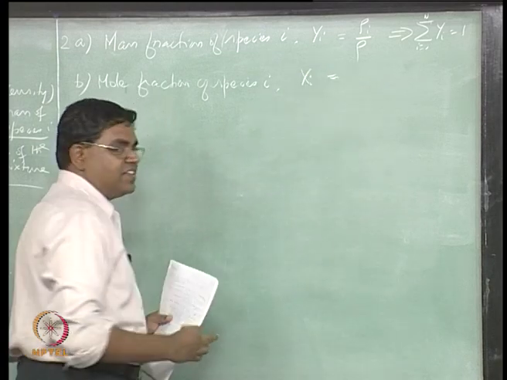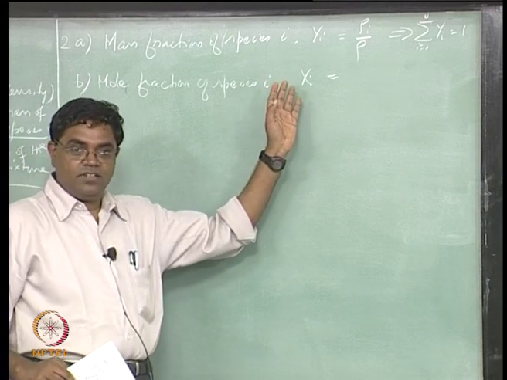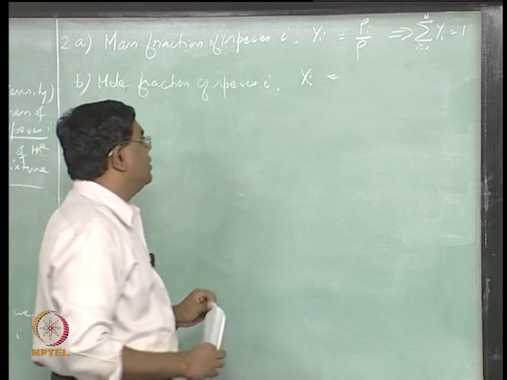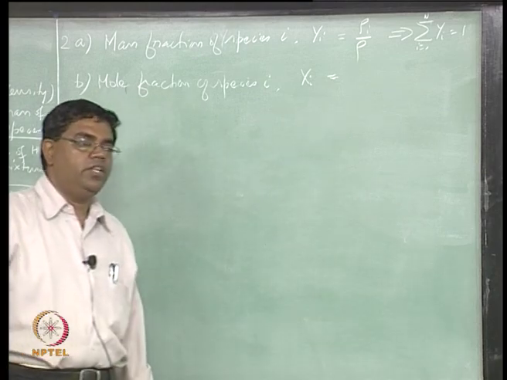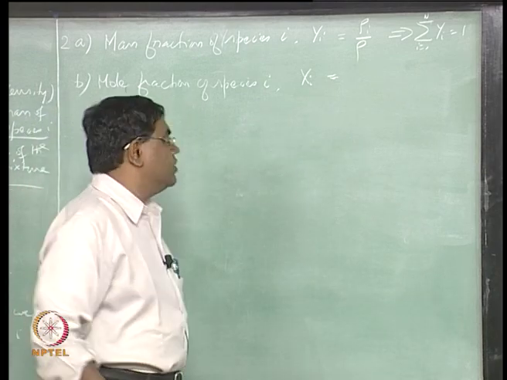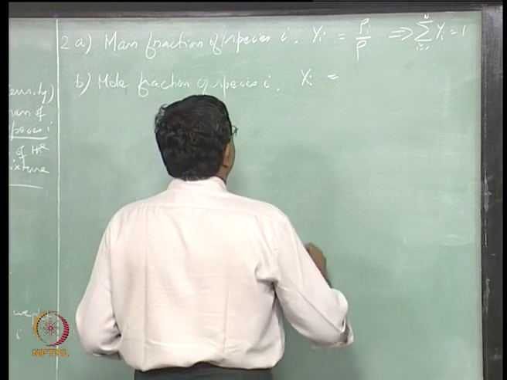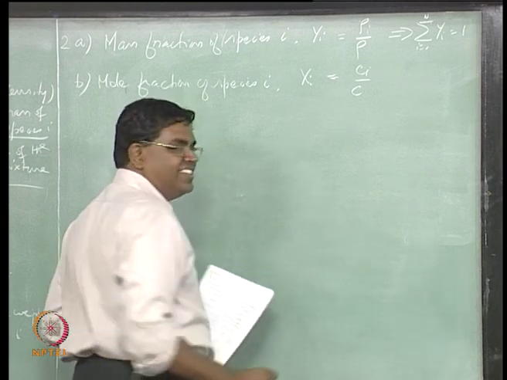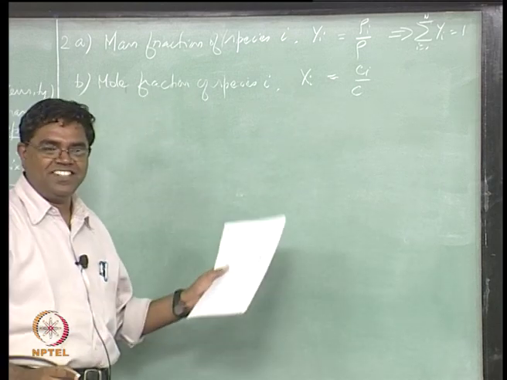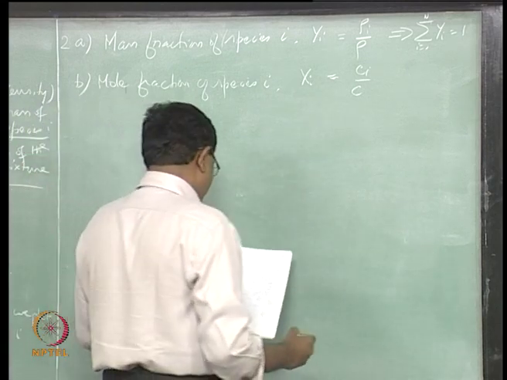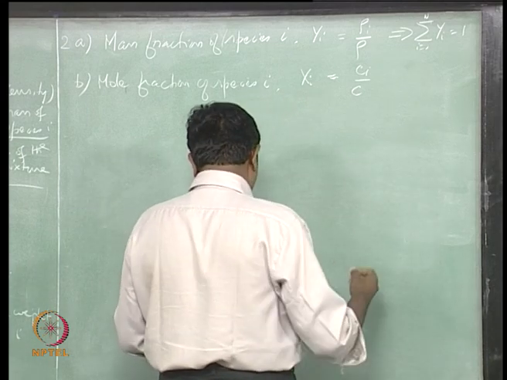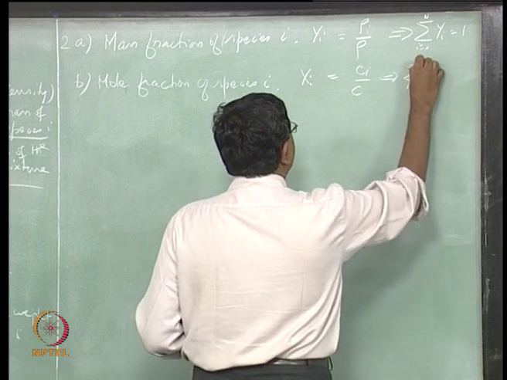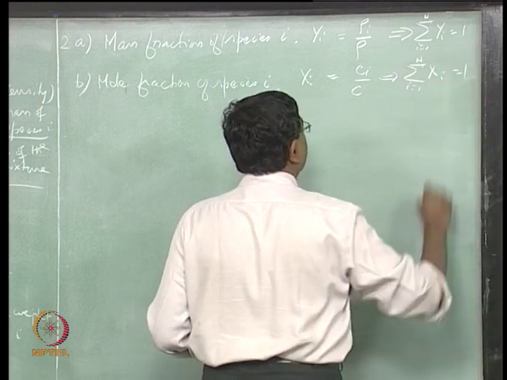It's given as Xi, and as a matter of fact we introduced x as a mole fraction last class, when we were looking at how to relate the partial pressures to the total pressure. So Xi is, what do you guess for this? Ci divided by c. No big prizes for this guess. So therefore here again we can say sigma I equals 1 to n Xi equal to 1,